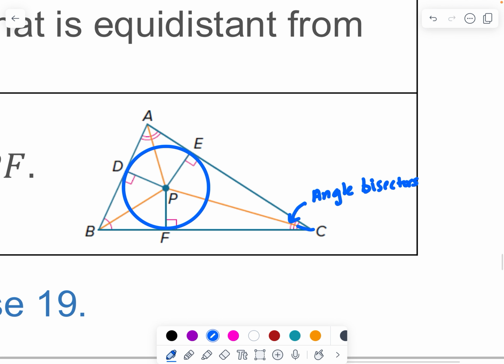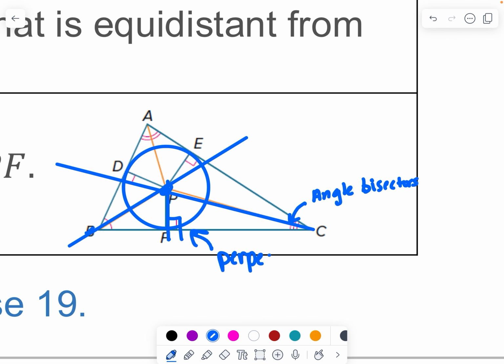You'll be making one over here like that, and another one over here like that, and finding this point. But then you will also need to be dropping a perpendicular line, okay? Then you'll be making a perpendicular line